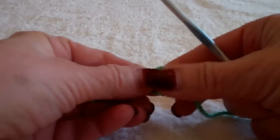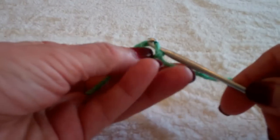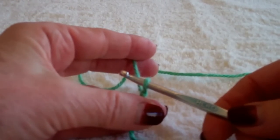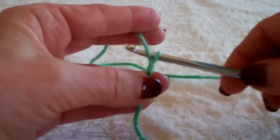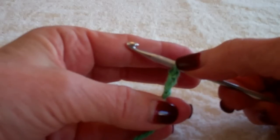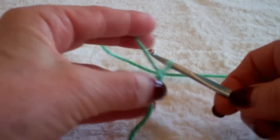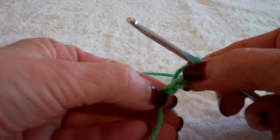Now we're going to do another way. This way, again, I'm beginning with a slip stitch, and in this way I'm going to chain just what I need for whatever stitch I'm going to begin with. If it's a single crochet, I chain 2 and work in that first stitch. If it's a half double, I chain 3 and work in that half stitch. But if I'm going to do a double crochet, I chain 4 and work back in that first stitch, which is the 4th stitch from the hook,